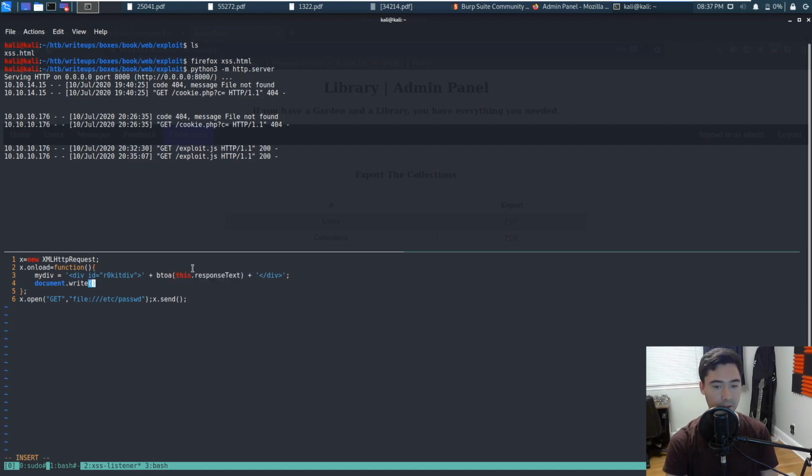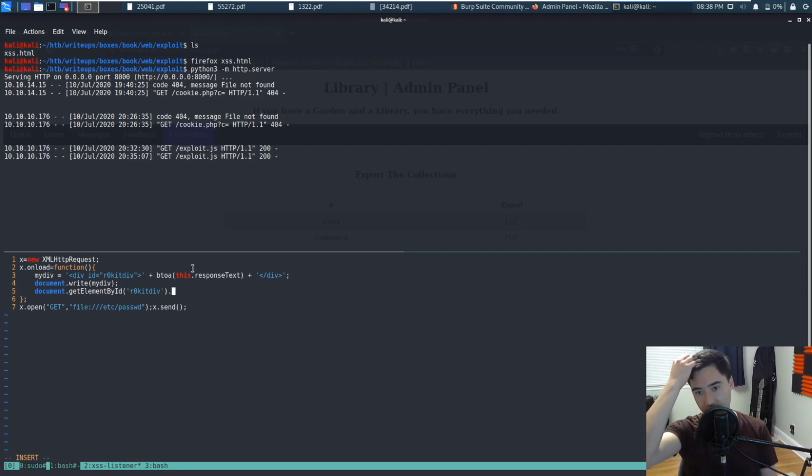So I of course want to write my div to the document, and then we want to do document.getElementById so we can get the element. In this case, our ID is rocket div. Excuse my poor coding right here. It's just a proof of concept, so it doesn't really matter. So we'll take this, maybe double quotes, whatever, single quotes, fine. And then we can say dot, and I think the CSS element was,